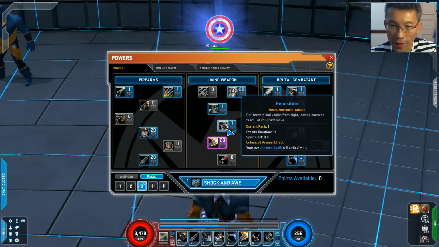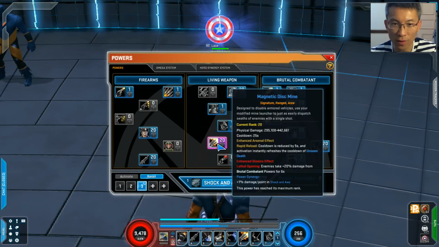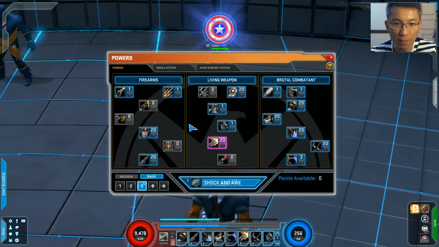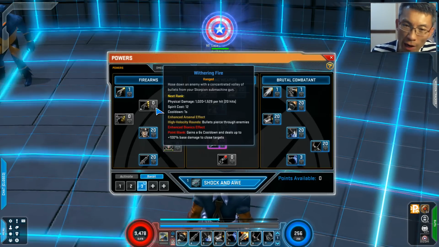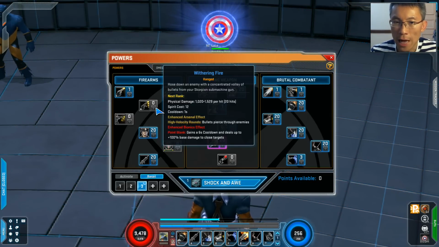I recommend that. All right. So this is a very nice signature, very high damage signature. Wonderful. On the firearm side, you could use Withering Fire. The only thing I do not like is that it roots your hero for about 1.2 seconds, and